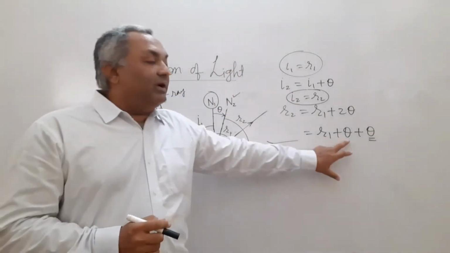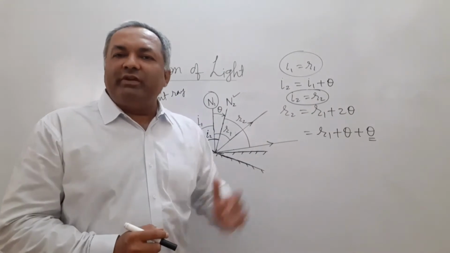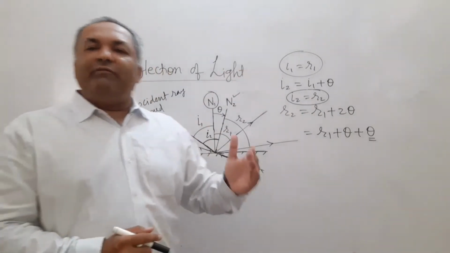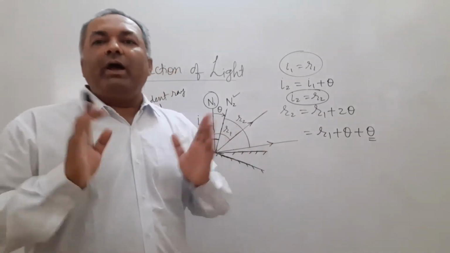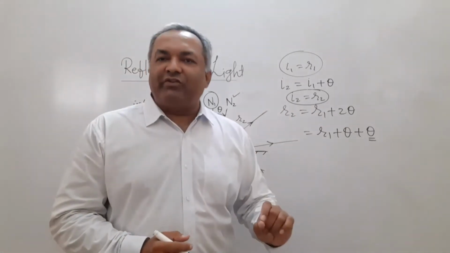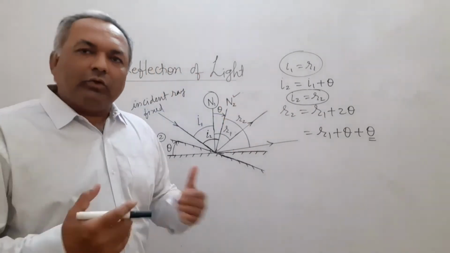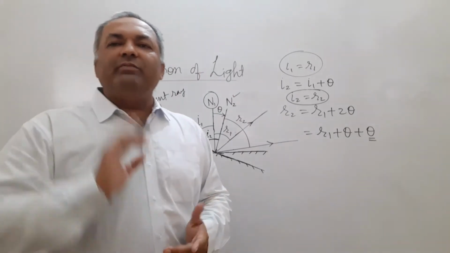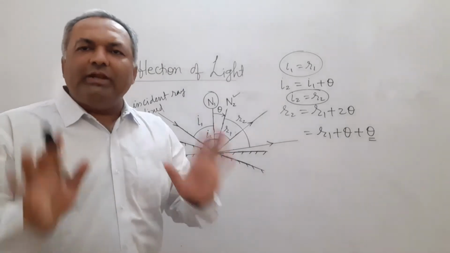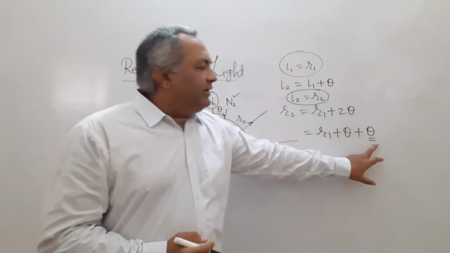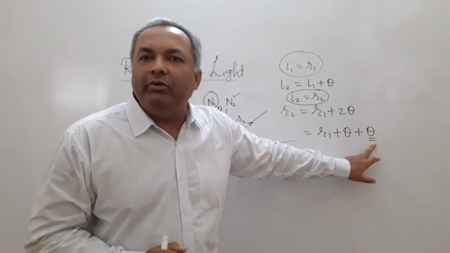See, it is easy to understand that angle of incidence increased by theta, angle of reflection will also increase by theta, because for reflection, angle of incidence and angle of reflection are always equal. So if you increase angle of incidence by theta, angle of reflection will also increase by theta. So that is simple enough to understand. Why did this one extra term theta come into this equation?